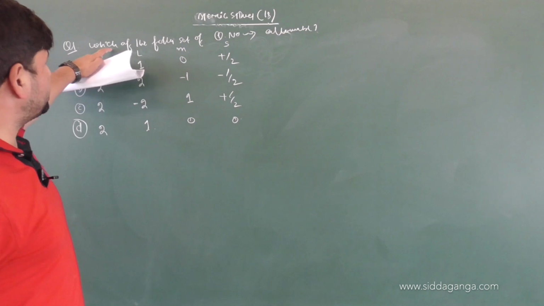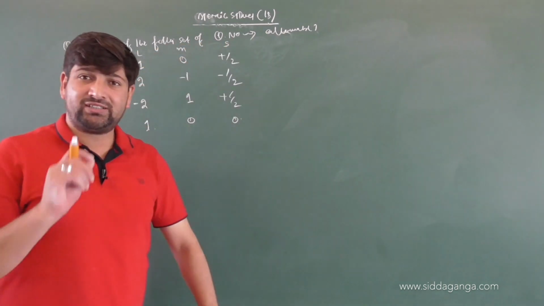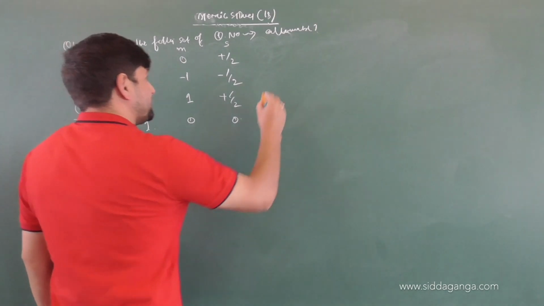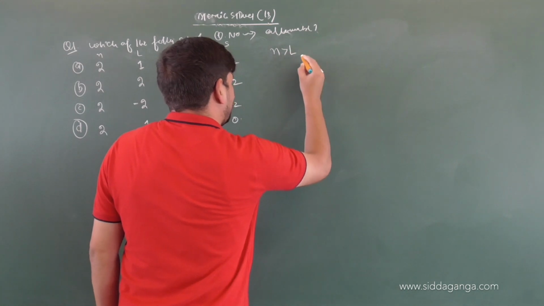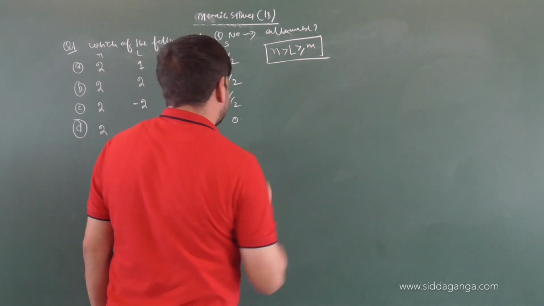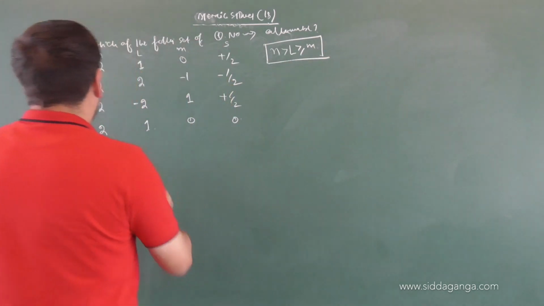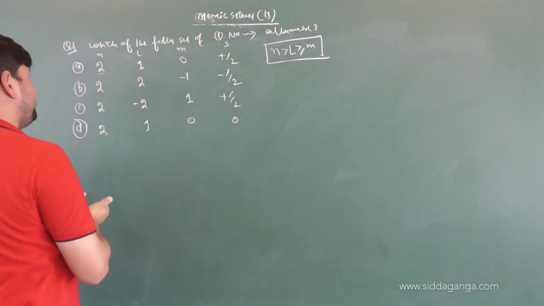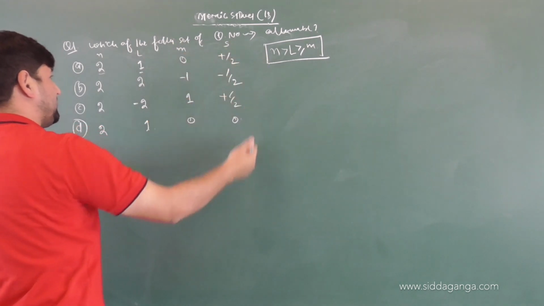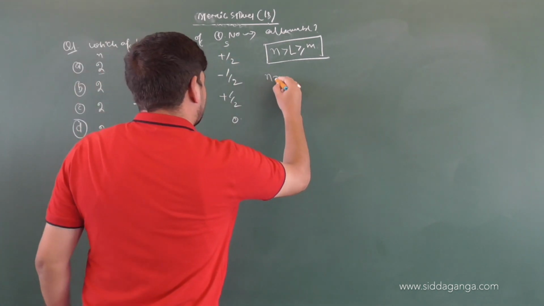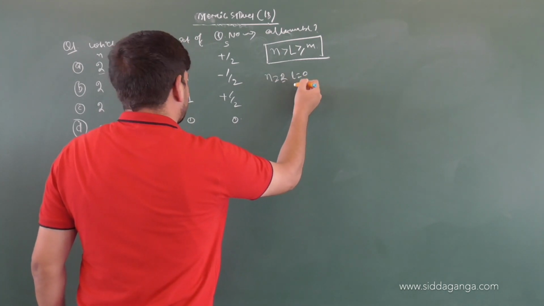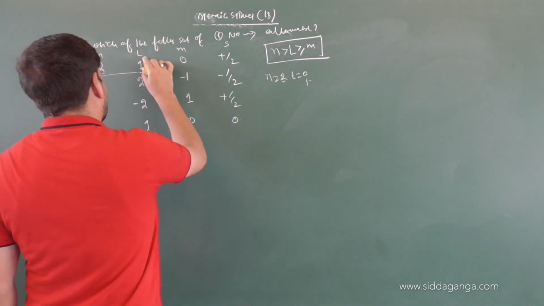Question which is asked to us, children, is which of the following set of quantum numbers is allowable? Now if you look at these options, I have already discussed that N is more than L, and L is more than or equal to M. This is the basic thing that you have to keep in mind. In the present case, children, what is N value here? 2. When N value is 2, is it possible for L to be 1? Yes. When L is 1, M can be 0, S can be plus half. Correct or not? So children, when N is 2, what is L value? 0, 1. So when L is 0, it is possible. When L is 1, it is possible. So these two are definitely possible.